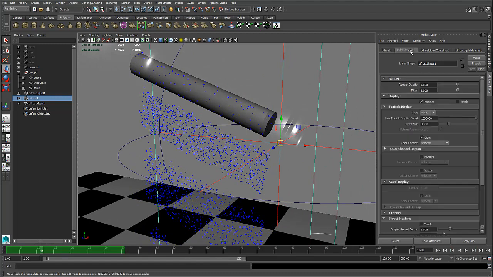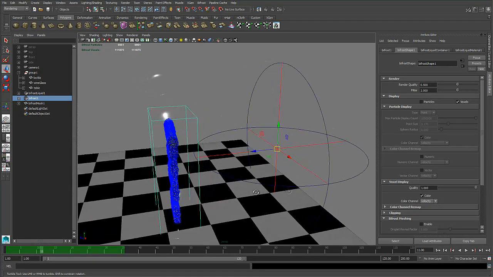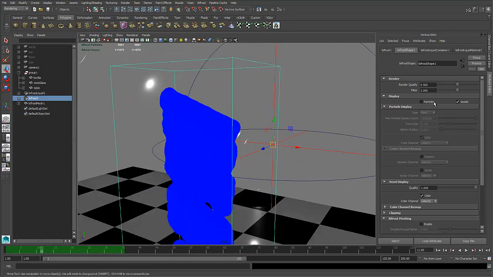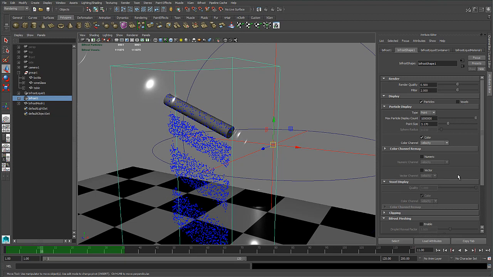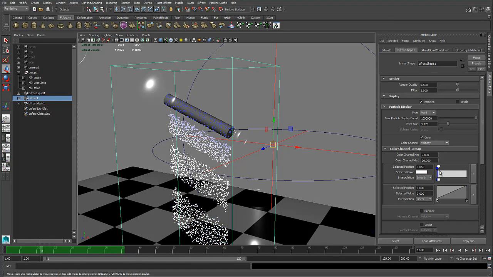Now if we go back to our Bifrost shape, I can increase the size of the particles. I can also change to voxels, which until you really understand exactly how they work, they really tend to be more of a mess than anything, but we'll stay with particles. And we can also have a look, change the color representation. At the moment it's set to velocity. We can go to vorticity. I'll leave it on velocity for now, but I can also tweak how the color is represented in the viewport,